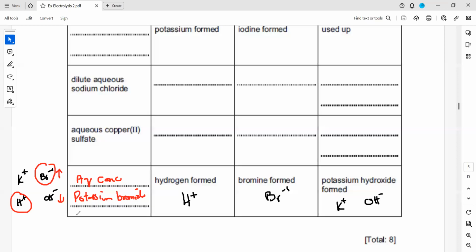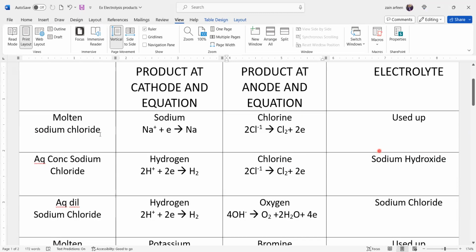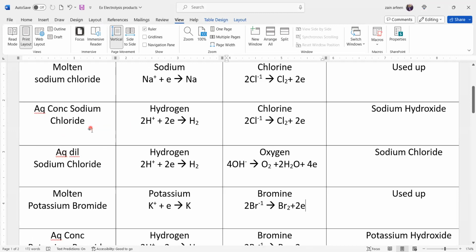So this is the table about electrolysis, some examples. If you have molten sodium chloride, it contains sodium ion and chloride ion. The sodium ion will move towards the cathode and the chloride ion will move towards the anode, and the electrolyte will be used up. But if we have aqueous concentrated sodium chloride, it contains sodium ion, hydrogen ion,